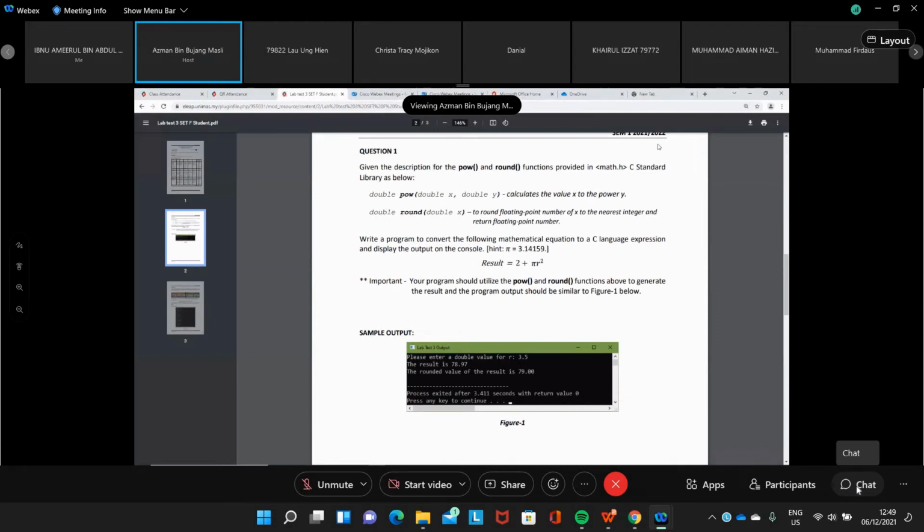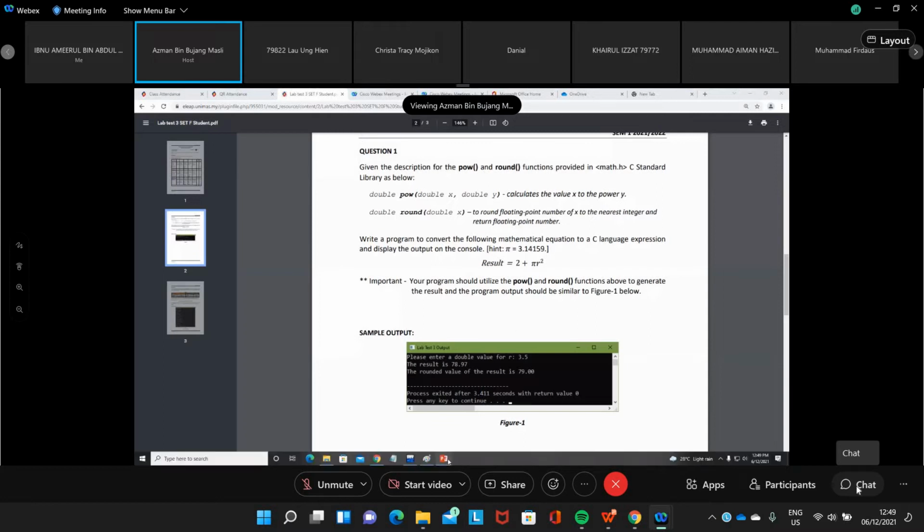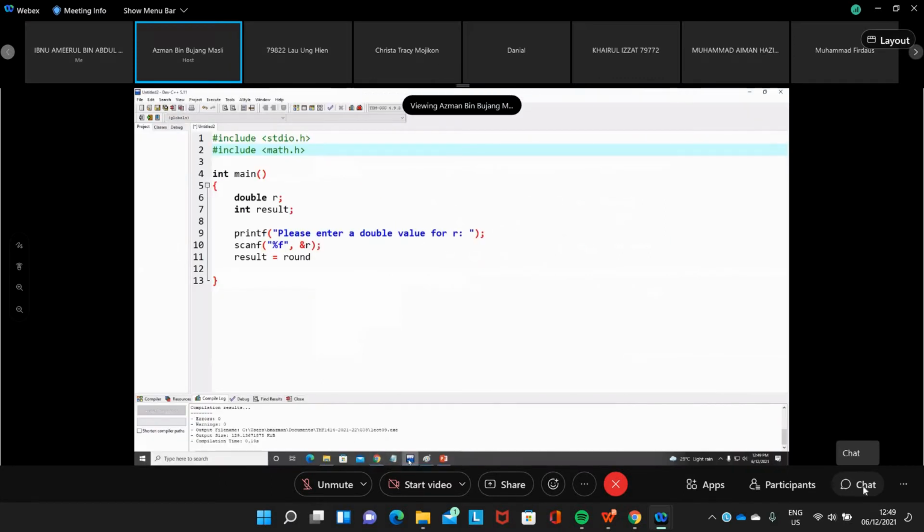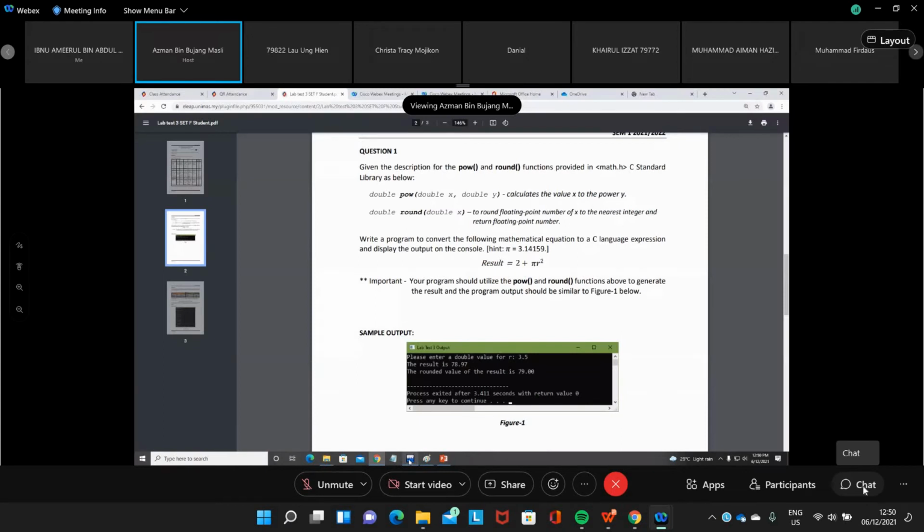You can put the formula into the function directly, or if you want, you can have another variable to calculate. You can declare many variables, for example to calculate the power, and then put it into the formula. But here we try to put it into the formula directly.